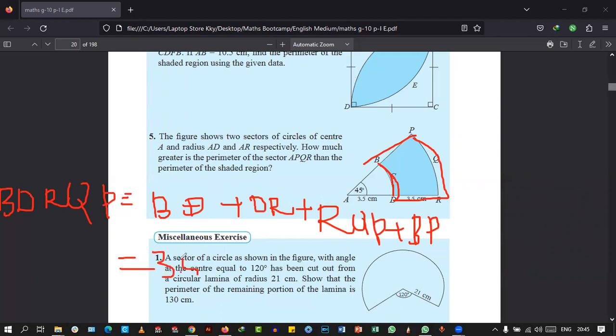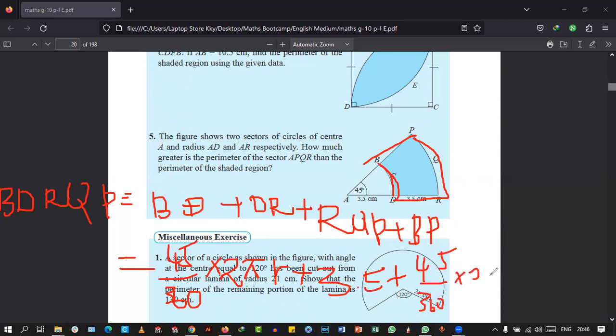BD is not equal to 3.5. This length is an arc length. So it will be 45 divided by 360 times 2 pi r, plus DR. DR is equal to 3.5. And RQP is equal to how much? RQP is equal to the same, 45 divided by 360 times 2 pi